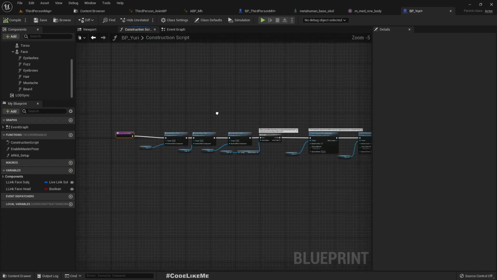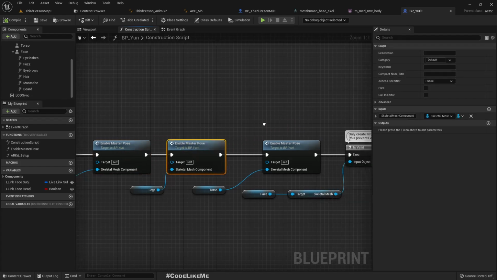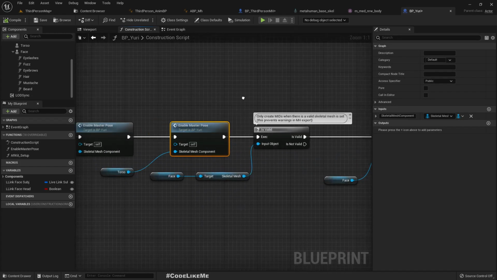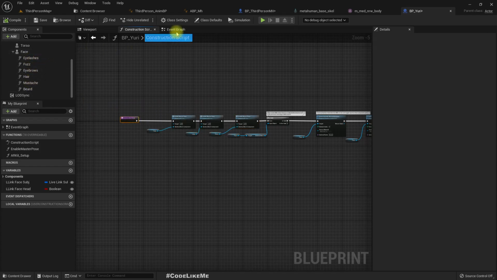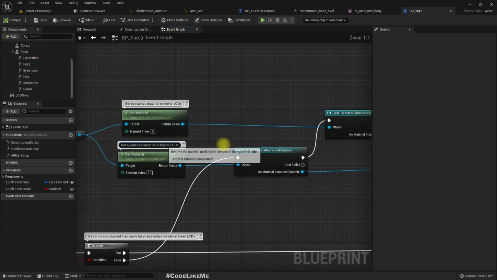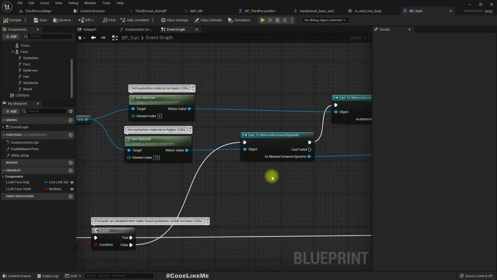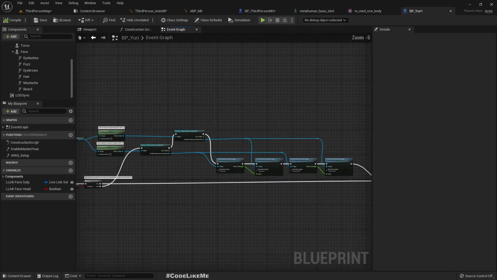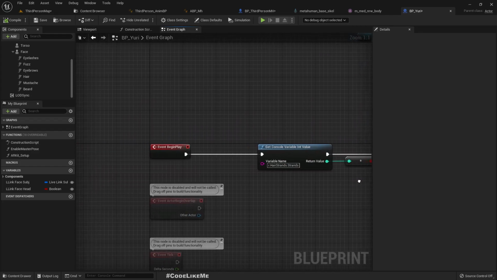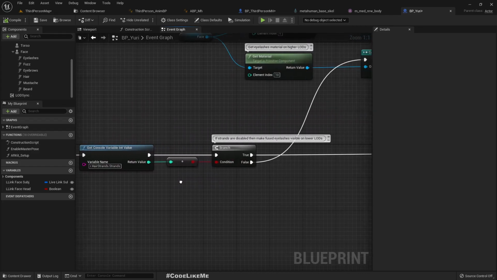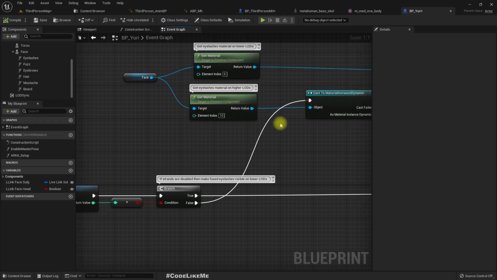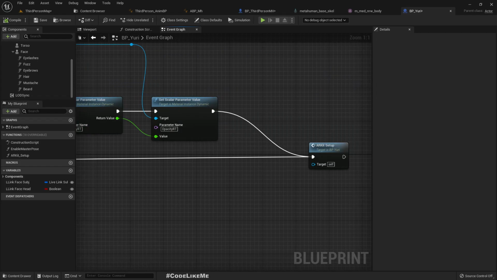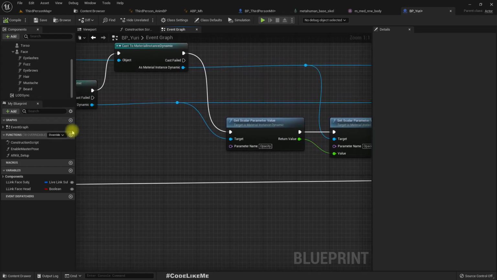Yeah. So it's using this enable master pose. Alright, we do have some stuff going on here. What's this? Get eyelashes material on highlights. Alright, so let's copy this